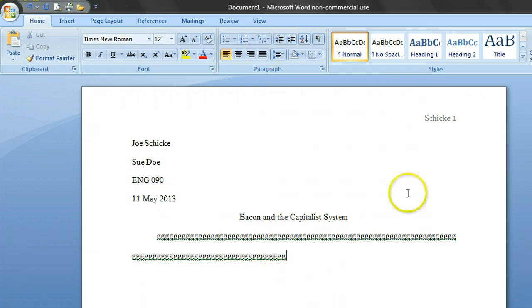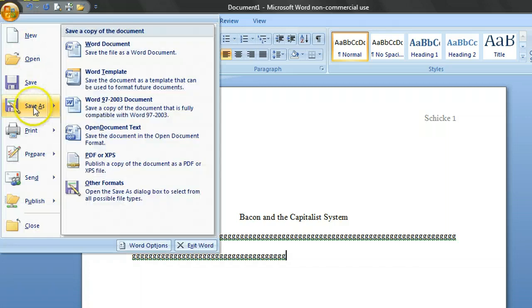Okay, so let's say our paper is finished and we want to save it. Well, we saved a template, and that's good, so we can use it for all our papers. But this is a specific paper. This is Bacon in the Capitalist System. So we want to save this paper so that we can turn it in, upload it to the class course shell, D2L, turn it in. So we have to save our paper, and so we want to click Save As,